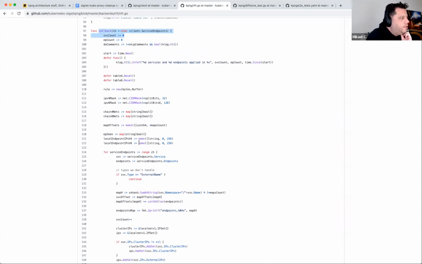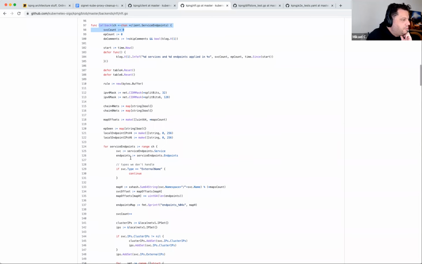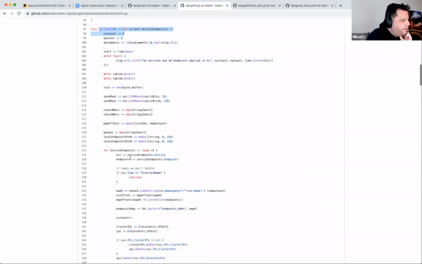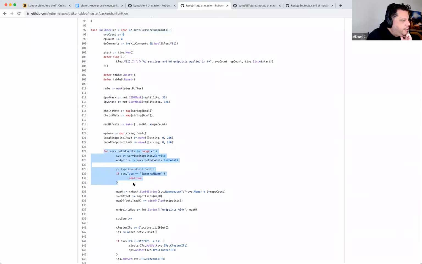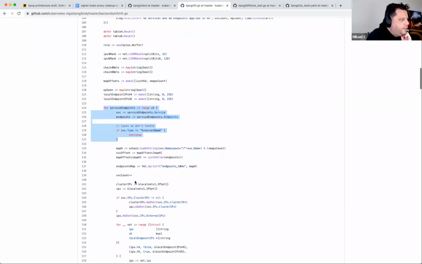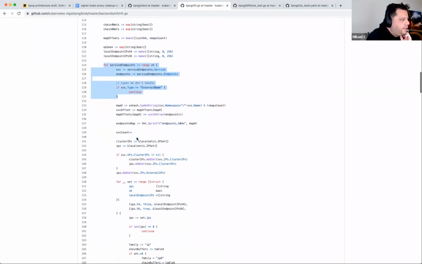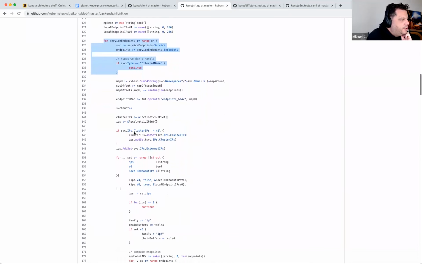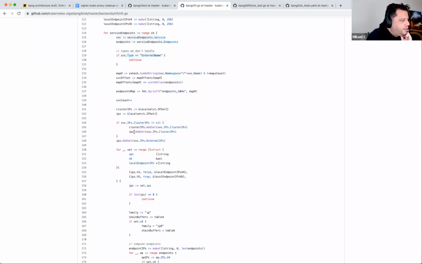At the end of the callback, it's clearing the store, clearing the state, and then it's not that hard to understand. I just go through every service, and every service will have its own chain and its own maps.